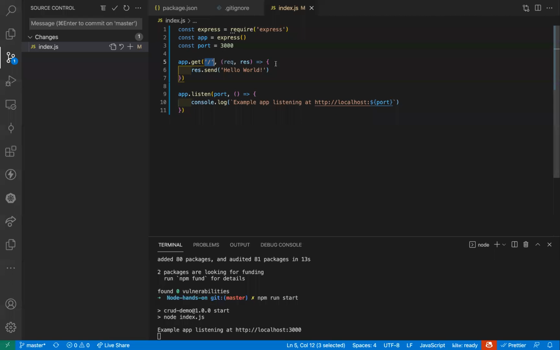Then the subsequent arguments are middlewares. So in Node.js, what happens is whenever one request reaches the server, it passes through different middlewares. So it's like a block of code, or like a different checkpost, and every checkpost can modify the request and response